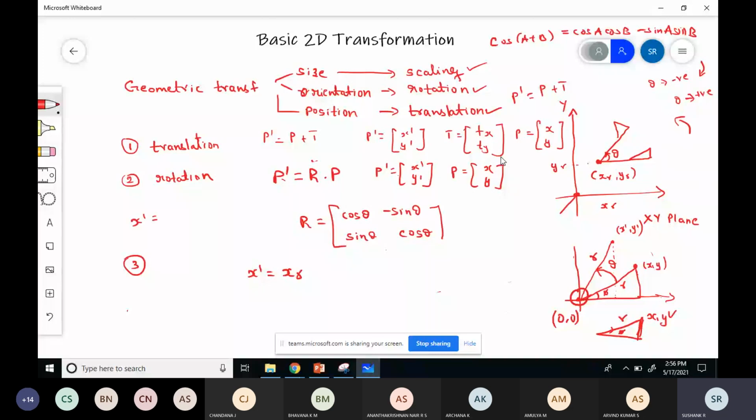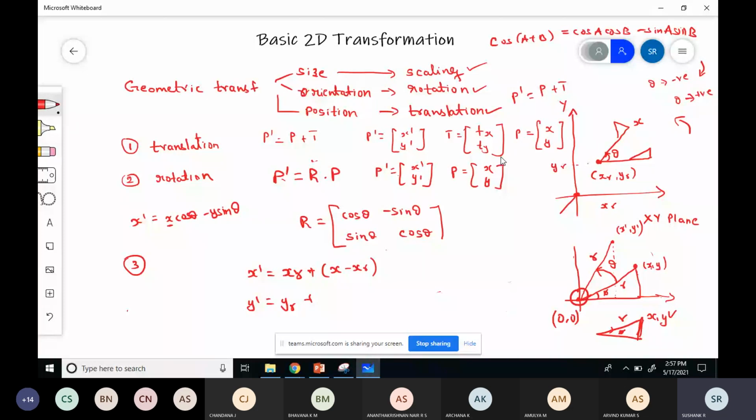You have generated X dash is equal to X cos theta minus Y sin theta. For this, add the moving value, the translated value. You want to move this point from this position to this position, which means adding an offset: X dash is equal to XR, Y dash is equal to YR, plus this equation. Initially X was X minus 0, but now X will become X minus XR.